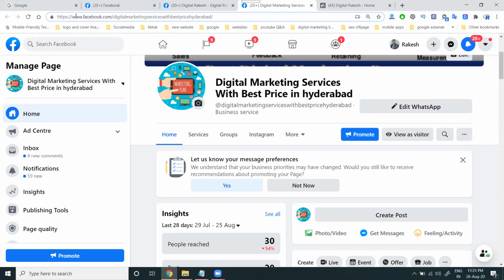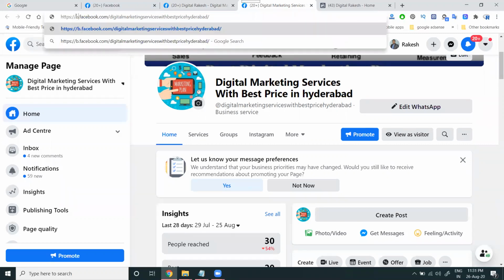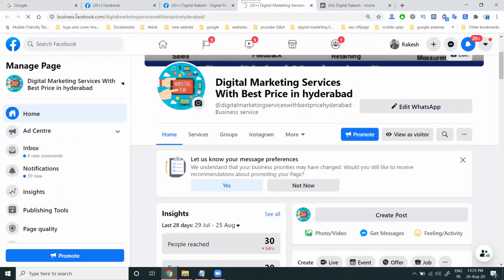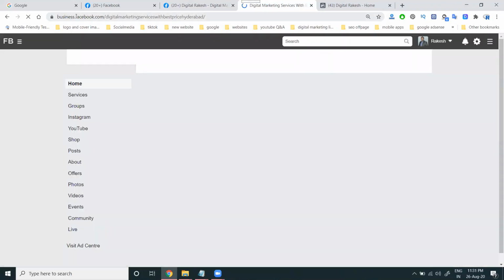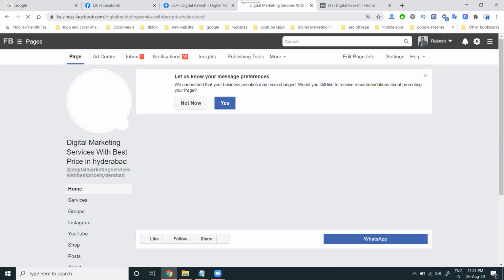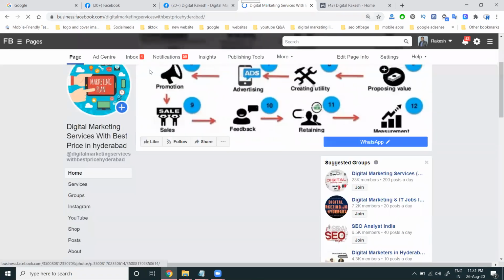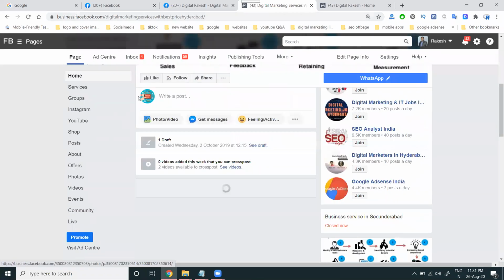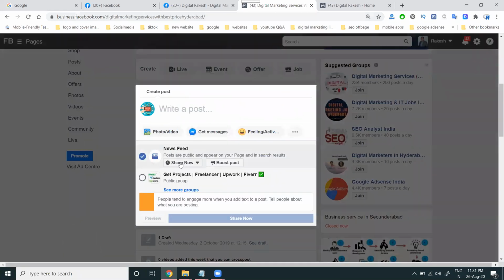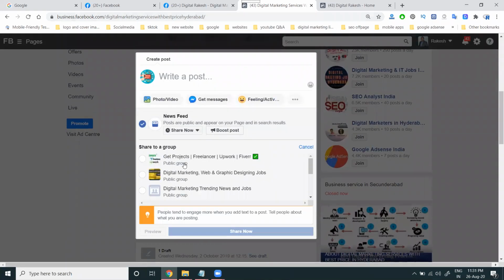Click the three dots, then go to Add to Business. In the search option, here we can see the groups. This group will be added to the particular page.